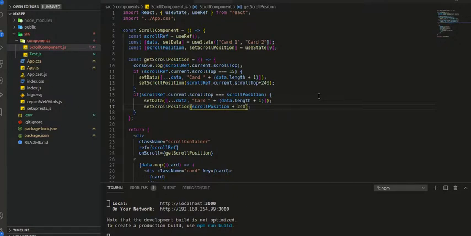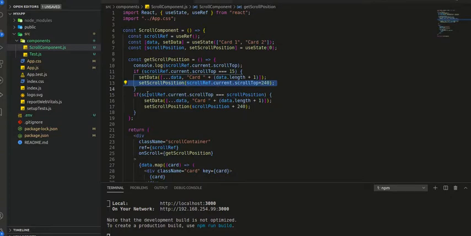Why? Because 240 is the height of the card, so that's why. So for the first time, if it is 15, then we will add card number 3, and for the subsequent time, we will check the scroll top, and we are already predicting the scroll top position in our previous if conditions.